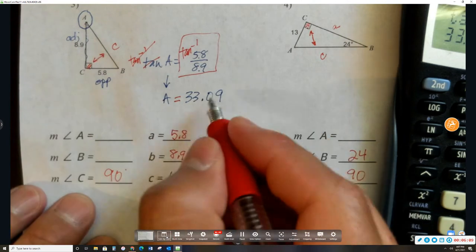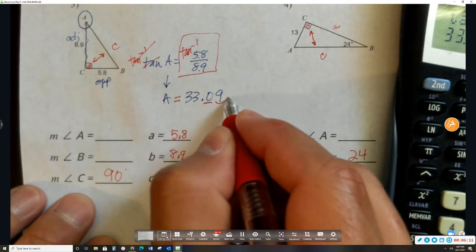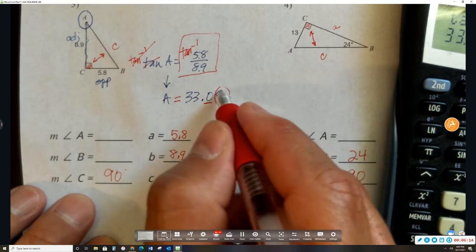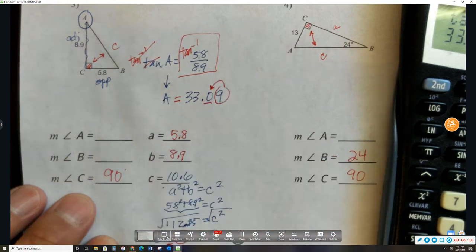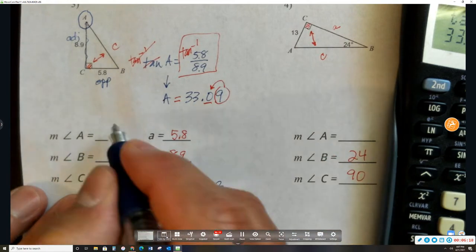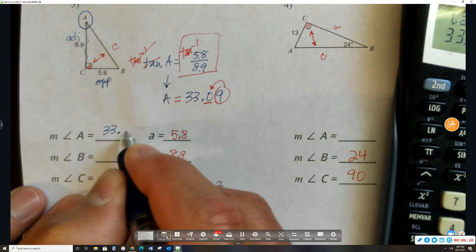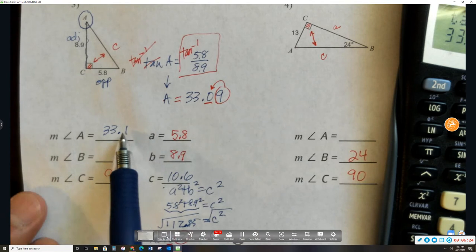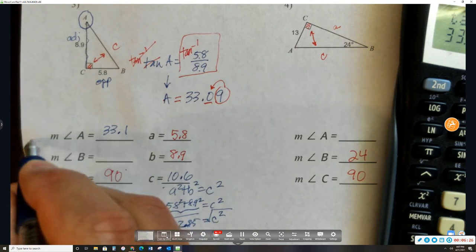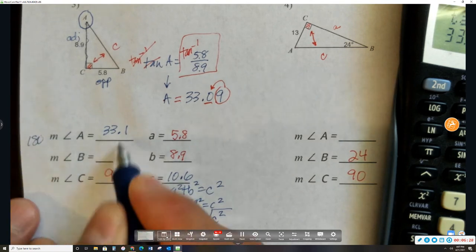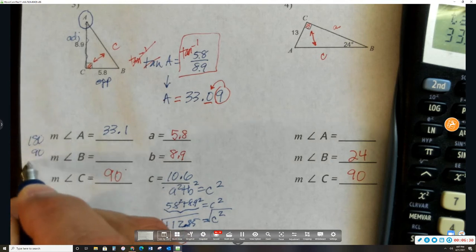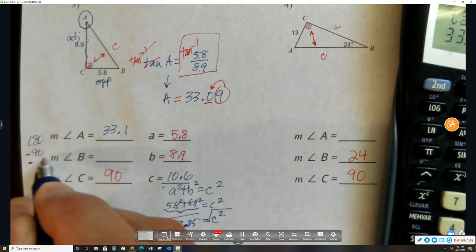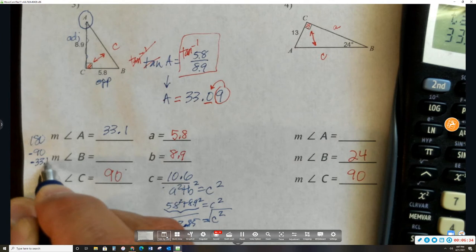Okay, again, this is the tens place. This is the number we check. Because it's bigger than 5, it's going to bump that up. So that's going to be 33.1. And then finally, the last thing we do is take 180 and subtract these two, 90 and then 33.1,